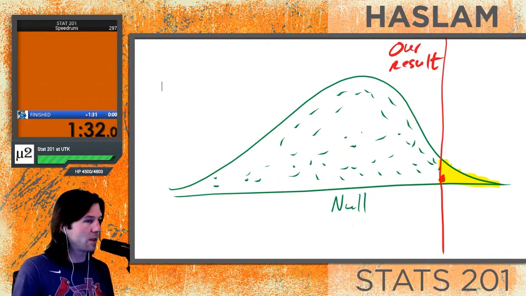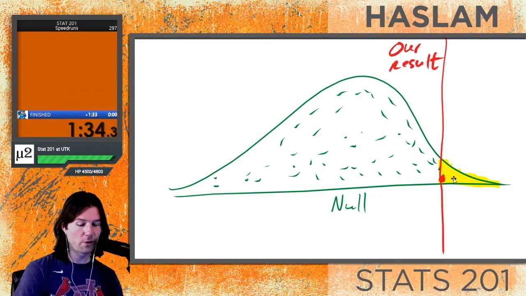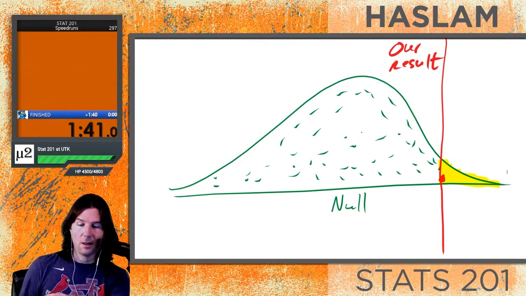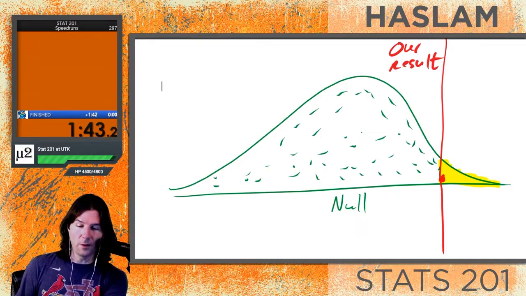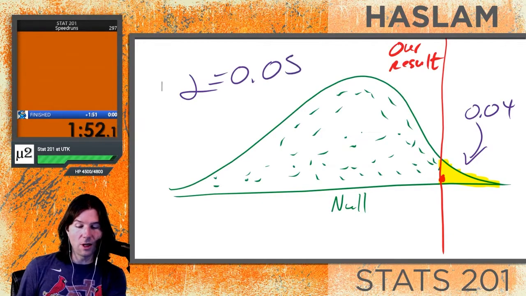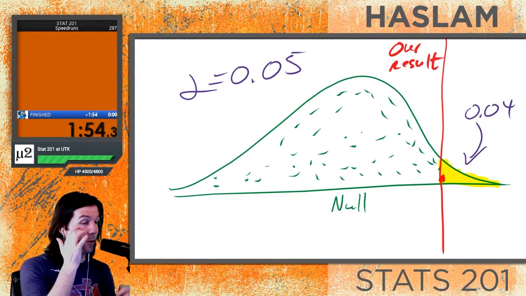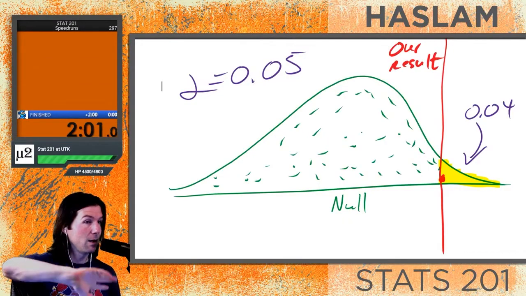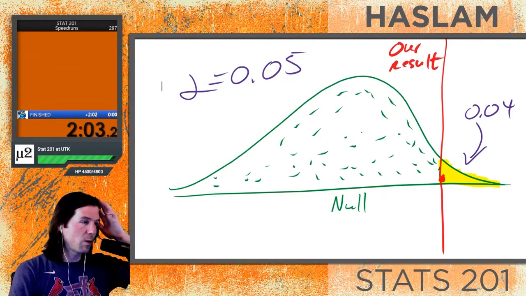Once again, when you put this all together, it's the probability of our results or results more extreme occurring by random chance variation, given that the null is true. This one seems slightly unlikely. We could put here a p-value for it, which is going to be the amount of the curve shaded. It might be something like 0.04, which using an alpha, our rejection criteria, of 0.05, we could reject the null. That p-value is lower than alpha, so we reject the null. Remember, when the p-value is low, reject the null. When the p-value is high, just let it fly. So that's what a p-value is.